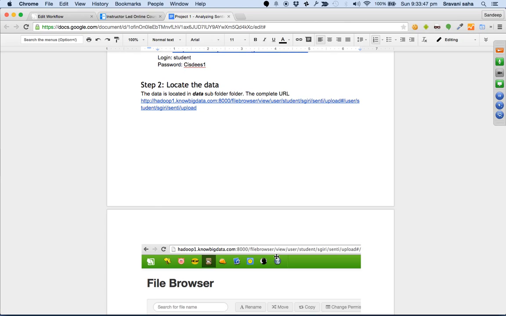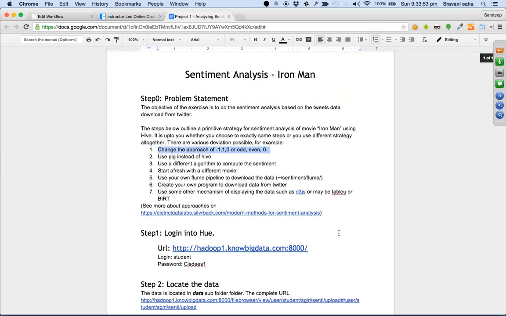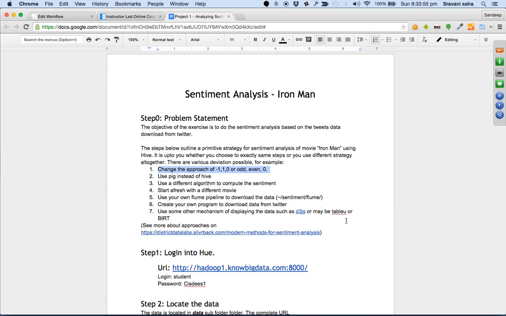If it is negative, that means the sentence is negative, and if it is positive, then the sentence is positive. So instead of that, the first deviation could be you give -1 to